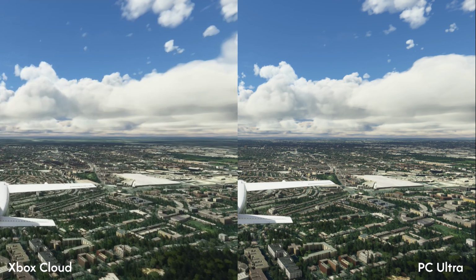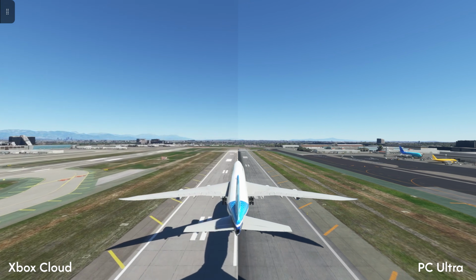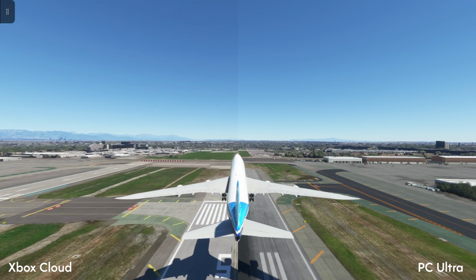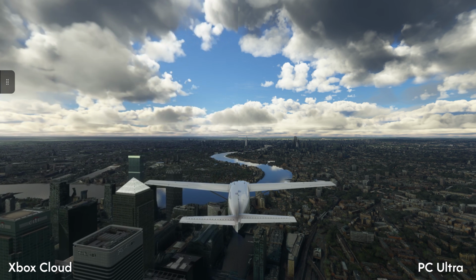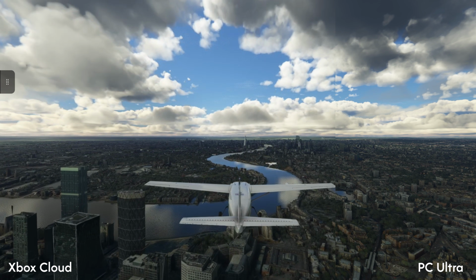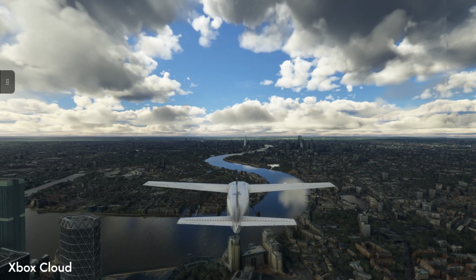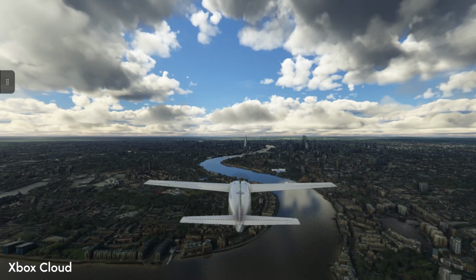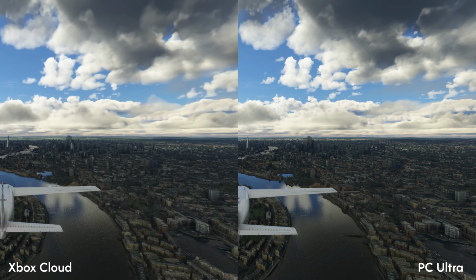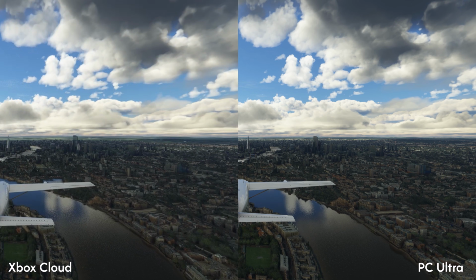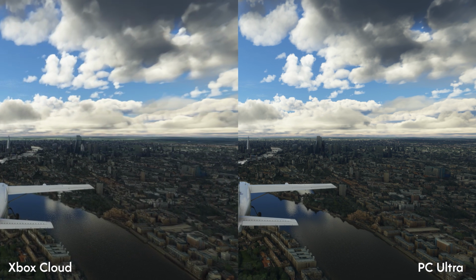Now, as I've said previously, Xbox Cloud Gaming for Microsoft Flight Simulator specifically is very impressive. It allows you to use the sim on platforms that you otherwise wouldn't be able to. That can be a phone, Xbox One, or indeed an underpowered PC or even a laptop. And seriously, it's not just the technology of cloud gaming that I find impressive, but also the visuals on offer here. That said, by this point you will have already noticed some very distinct differences between the two different versions